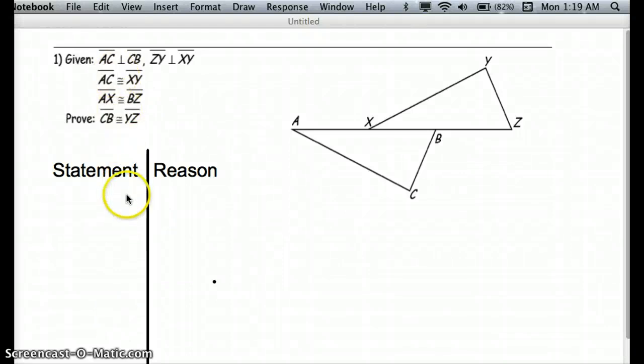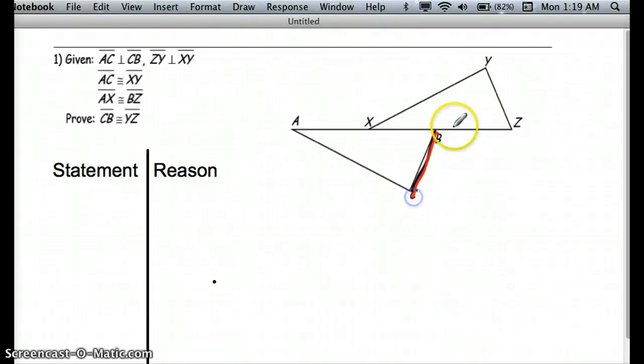Okay, number one. So we're going to go through and do our statements and our reasons, but the first thing you really want to do is see if we can figure out where we're going with this. So we want to prove that CB and YZ are congruent. So it's CB and YZ. Well, I'm going to venture a guess that our plan here should be to get triangle CBA